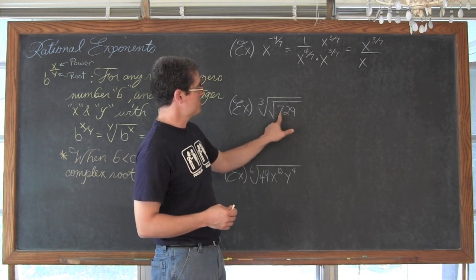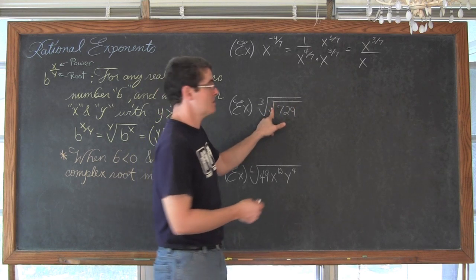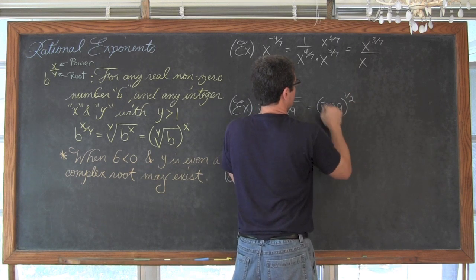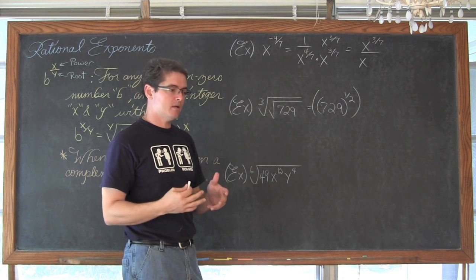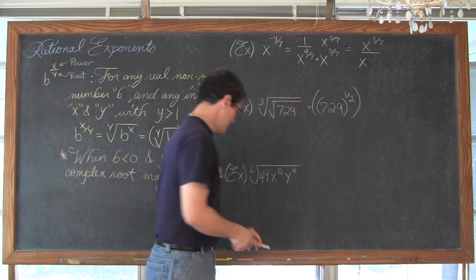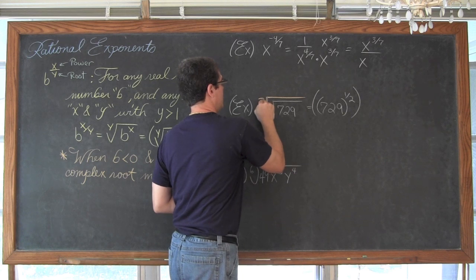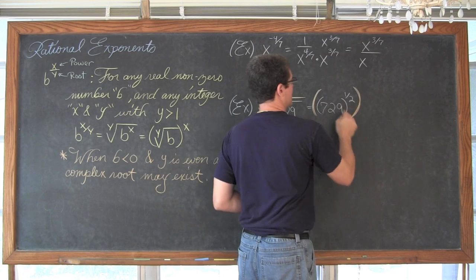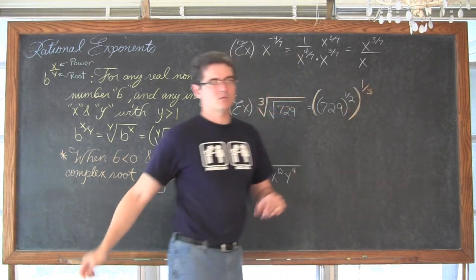We have 729 raised to the power of 1 over the second root. So this is going to be equal to 729 to the 1/2 power. Now that is being cube rooted again. So if I take this outside cube root and write it as a fractional exponent, it's going to look like this, with another set of parentheses, and we have another power of 1/3, not 1/2.